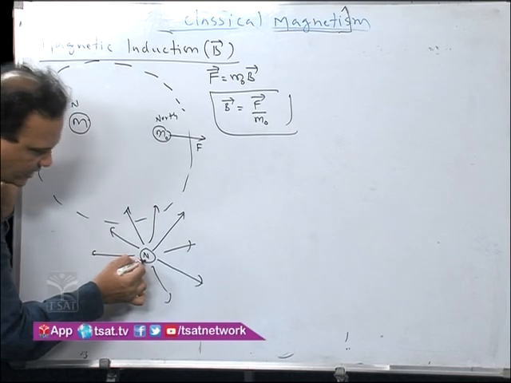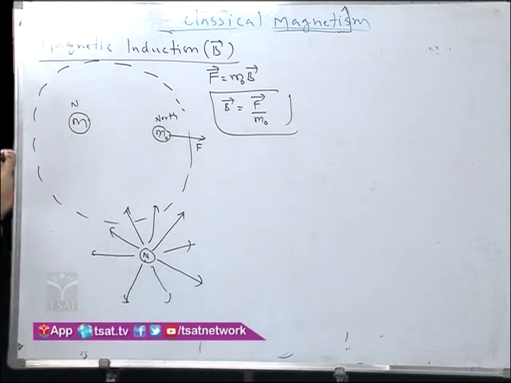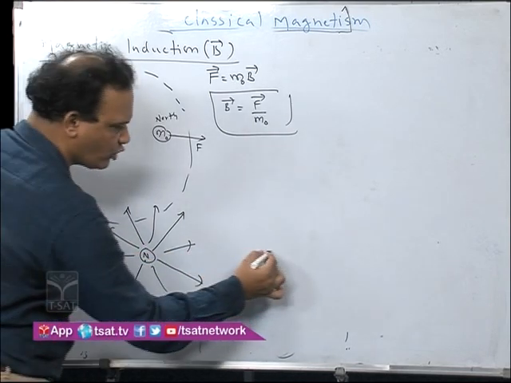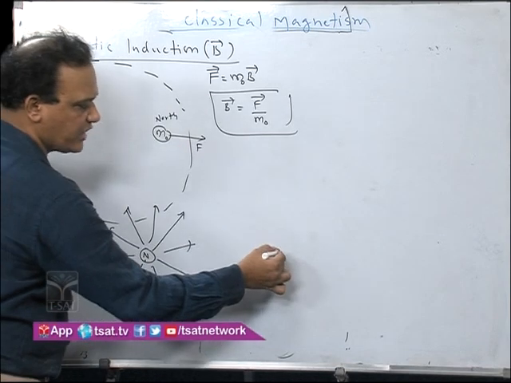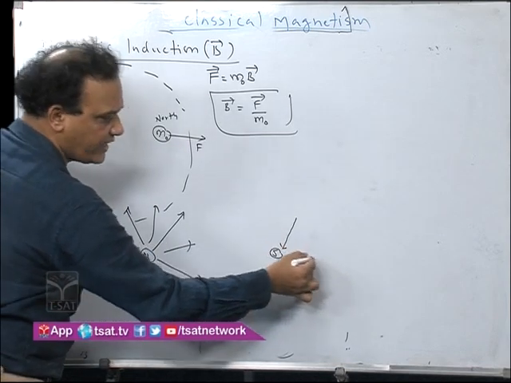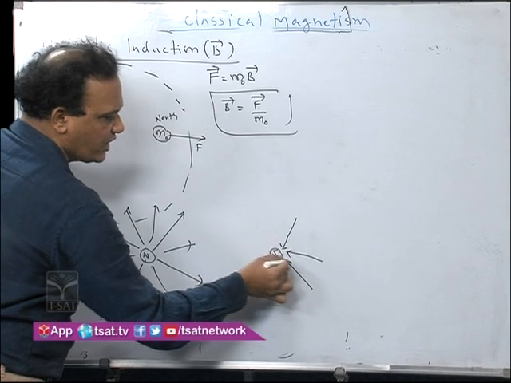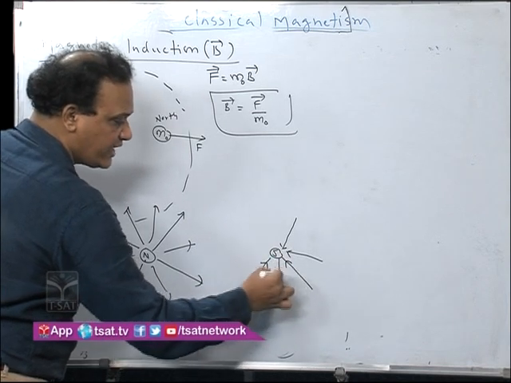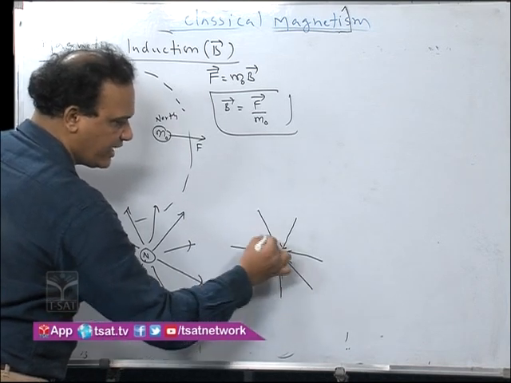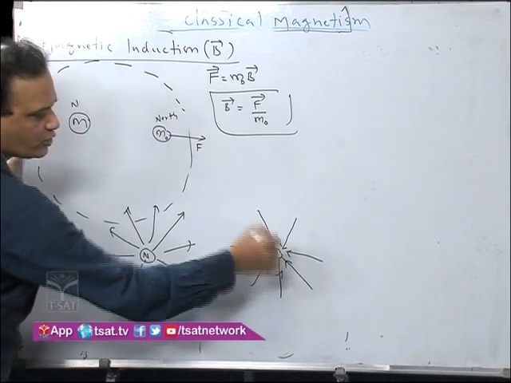So in this north pole, the lines diverge. Similarly, you take a south pole. A unit north pole is placed, then what happens here? It converges, attractive force. So here it converges. If it converges, these imaginary lines here converge due to the south pole.